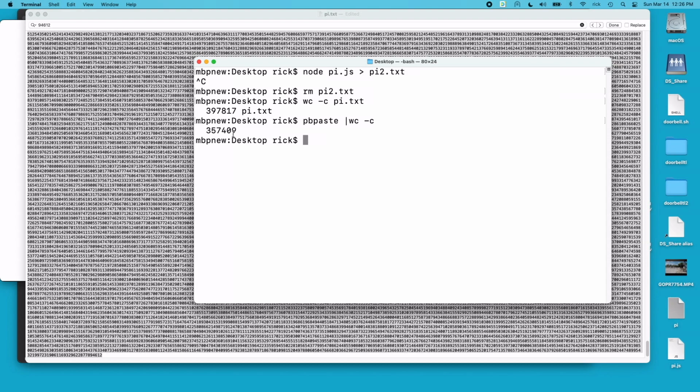So if I take out the decimal, then I calculated pi to 357,408 places. So I have a page with a little over 350,000 digits of pi on a single sheet of paper. Now this is one side. Yeah, you could print on both sides and then you could have double that amount, which would be about 700,000.